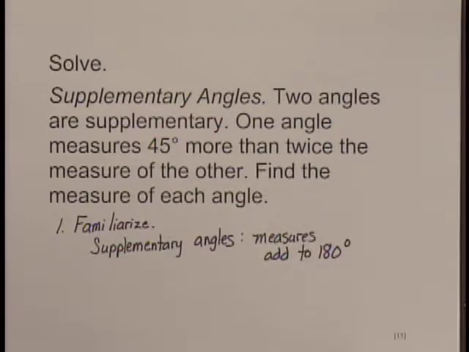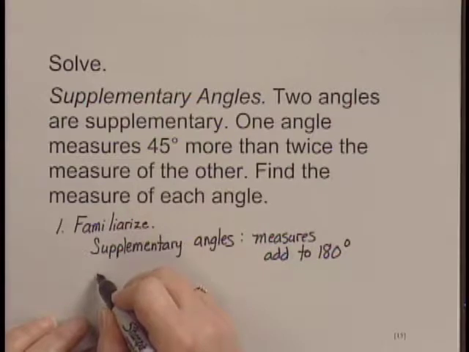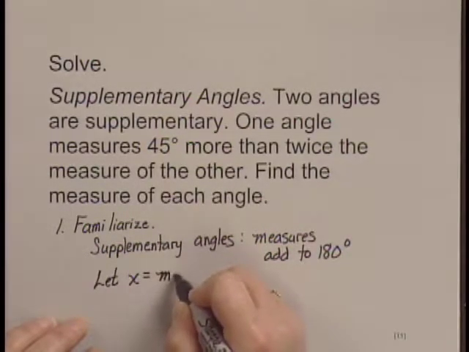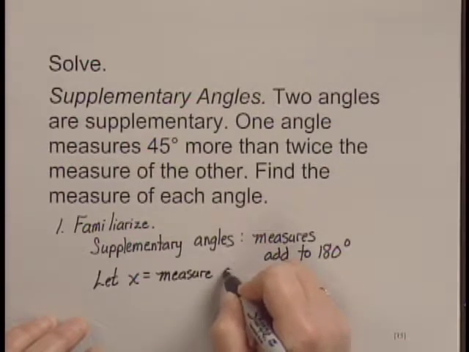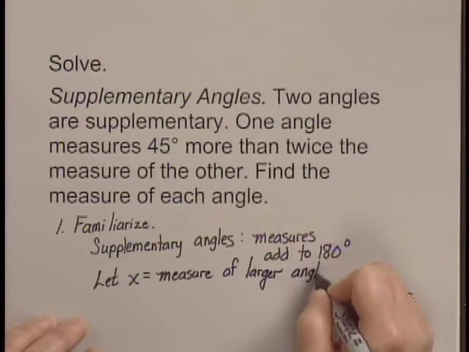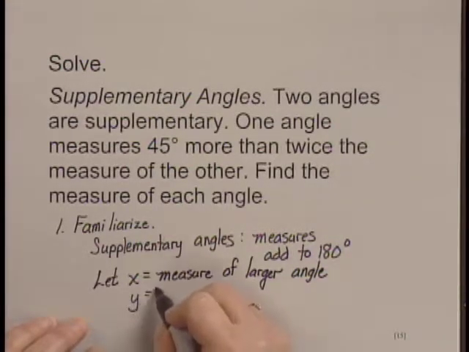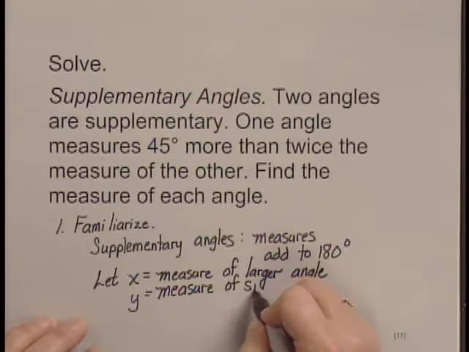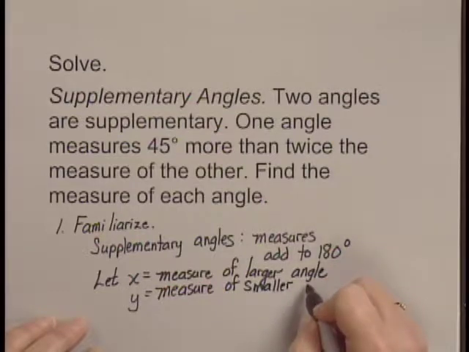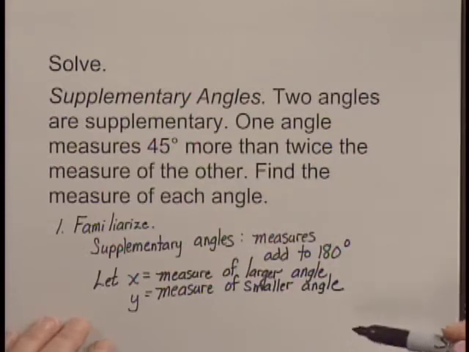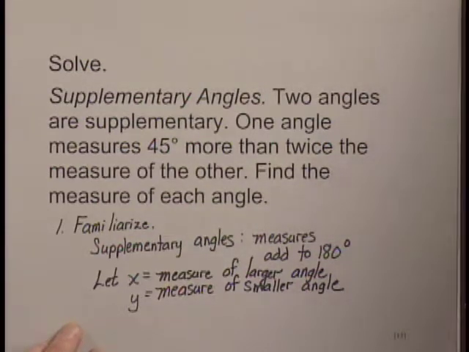We're asked to find two measures, the measures of two angles. So let's define those measures. We'll let x be the measure of the larger angle, and we'll let y be the measure of the smaller angle. Now that we have this much information, we can move to our next step, which is to translate the problem